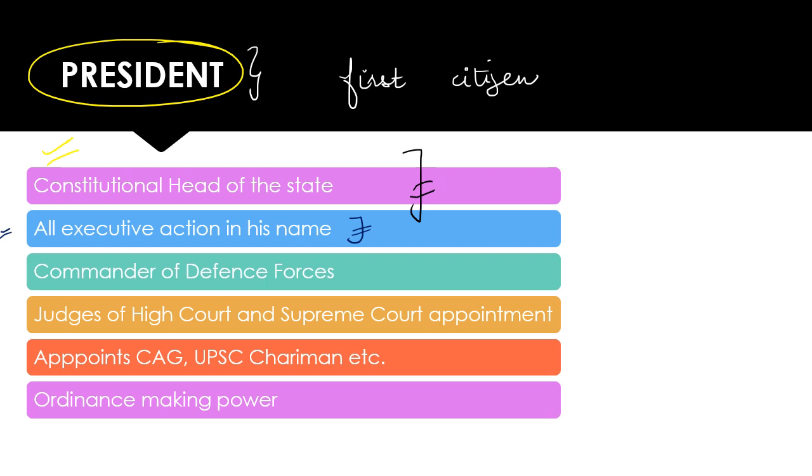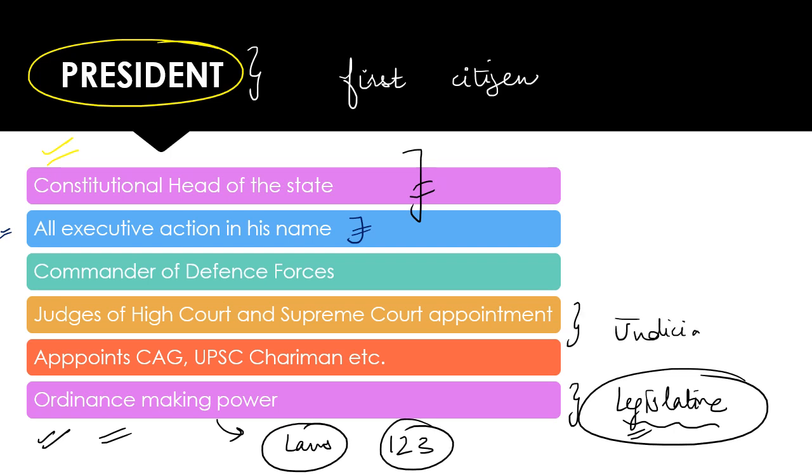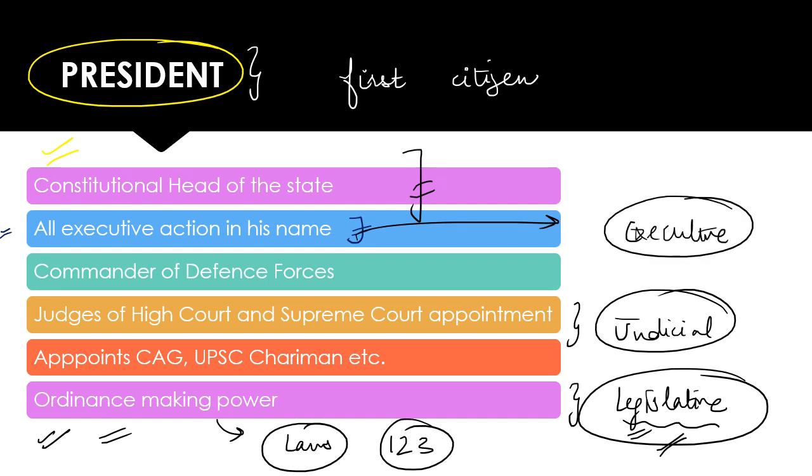He also has the ordinance making power. So we saw, if you remember, the legislative power of the president, right? Which means he can promulgate ordinances, which means the president can make laws, and that is his ordinance making power, which you find in Article 123 of the Constitution. So as you can see, he appoints the judges, he has judicial functions, he can legislate, he has legislative powers, he has executive powers, he has military powers,